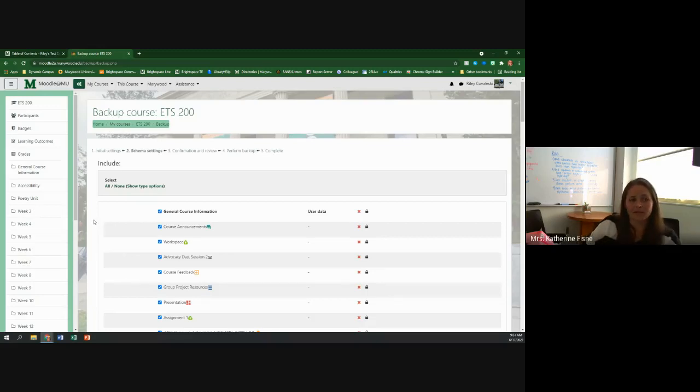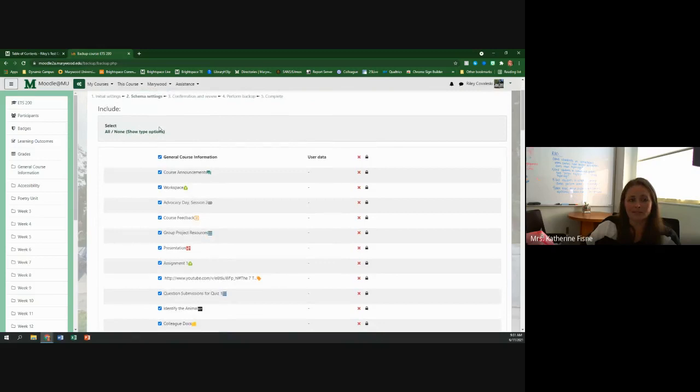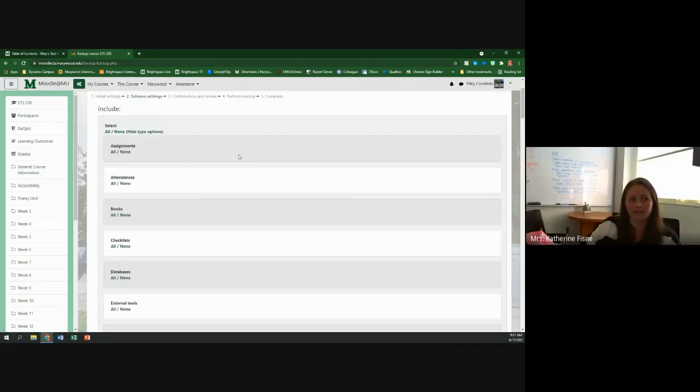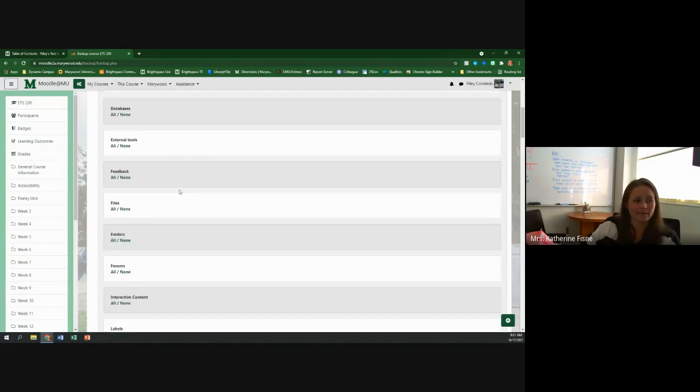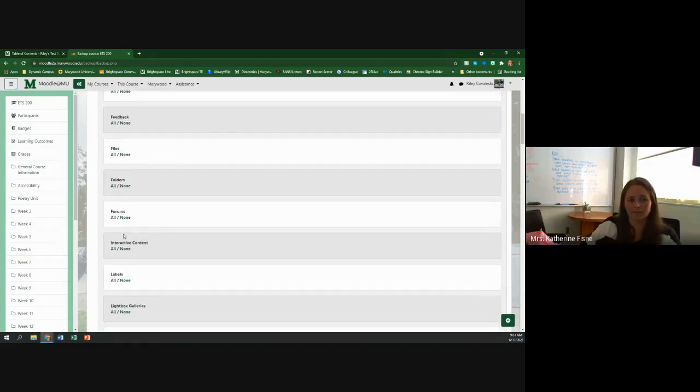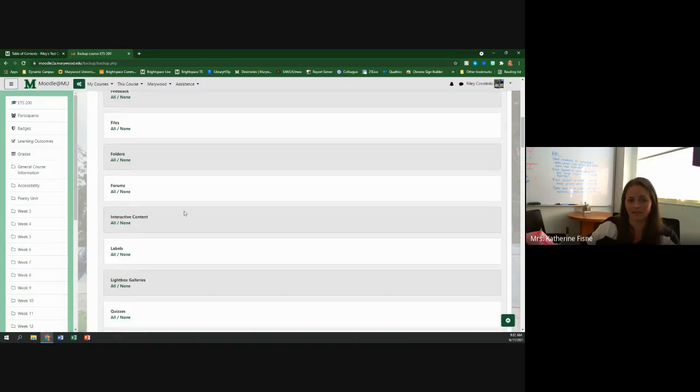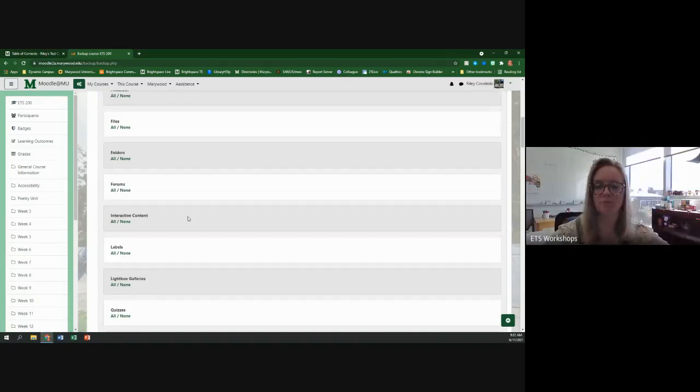And if you click those show type options up at the top when you're doing this, you can scroll down to forums, and click none, and it will uncheck all of your forums, so you can do that in one. I would also probably say it about labels too, just as a throw out, because I've had a couple instructors use labels,